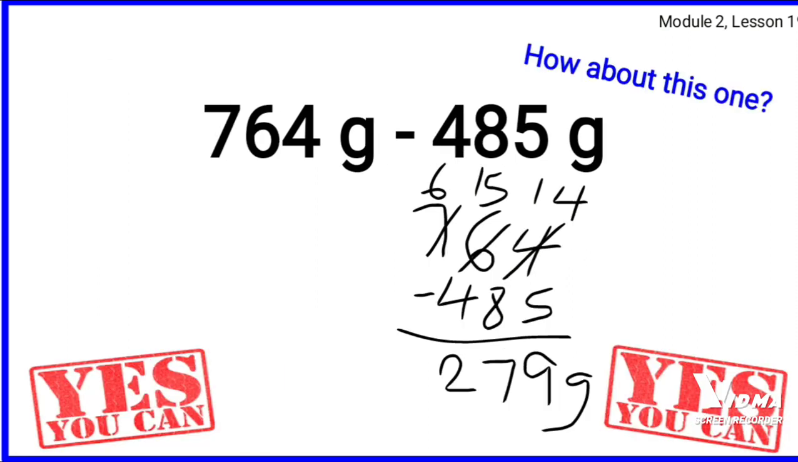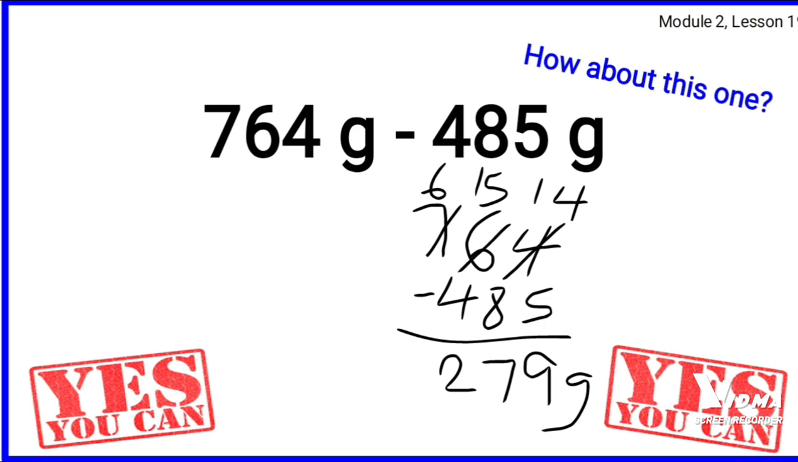The same thing with 764 minus 485 grams. I also have to decompose twice. I cannot remove 5 from 4, so I have to decompose a 10 so that I have 14 ones. 14 ones minus 5 ones is 9 ones. And I cannot remove 8 from 5, so I have to decompose 100 so that I have 15 tens minus 8 tens, that is 7 tens. And 6 hundreds minus 4 hundreds is 2 hundreds. My answer,